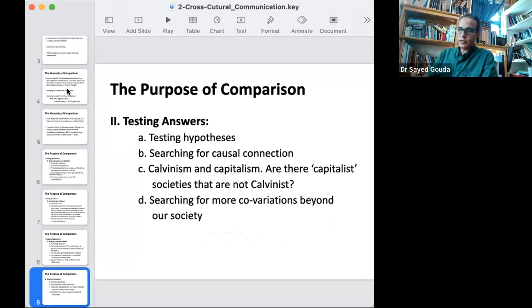After finishing this stage, then we come to the testing answers. We need to test our answers. We need to test the hypothesis we have put forward to see if our hypothesis is correct or not, whatever hypothesis we may put forward. And actually, this is also a very scientific method because